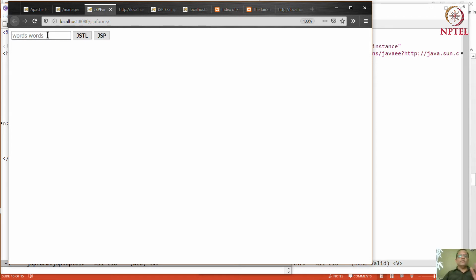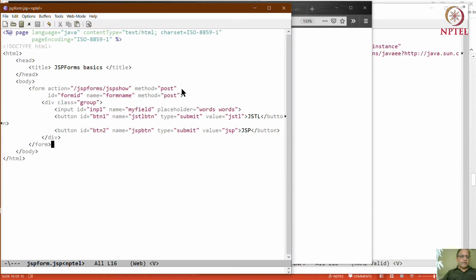But this gets you the fundamental things that you need in order to get the 3-button version working. These words are defaults, and in practice, if we now put something here, then either of these 2 buttons will take us to the backend and show us something. What that something is, we'll see in a minute.